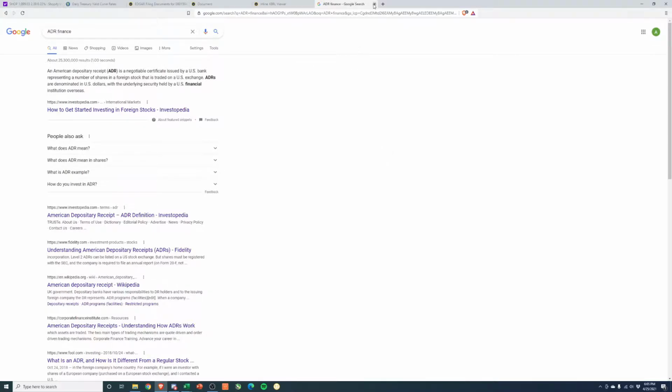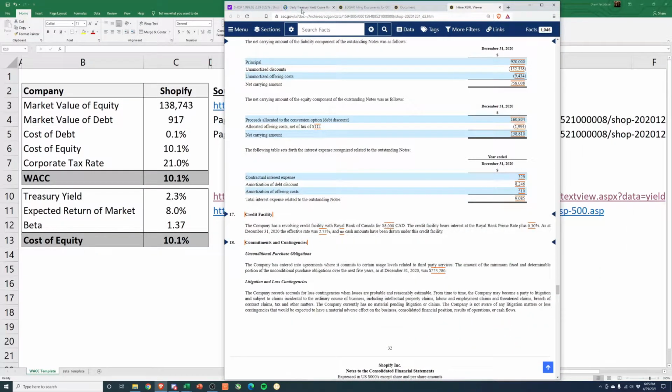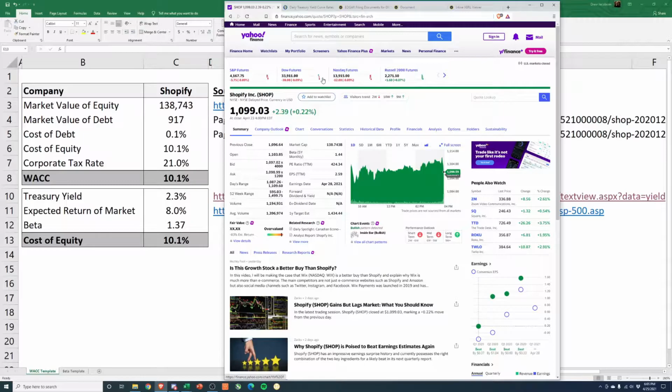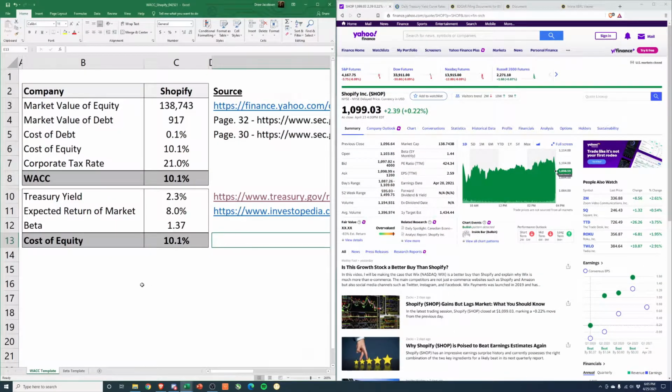And I'll go through that today as we talk through how to calculate their WACC here and look at what the difference is between a traditional 10K and, for a Canadian company, a 40F. So first thing, if you're not familiar with WACC, weighted average cost of capital, formula here